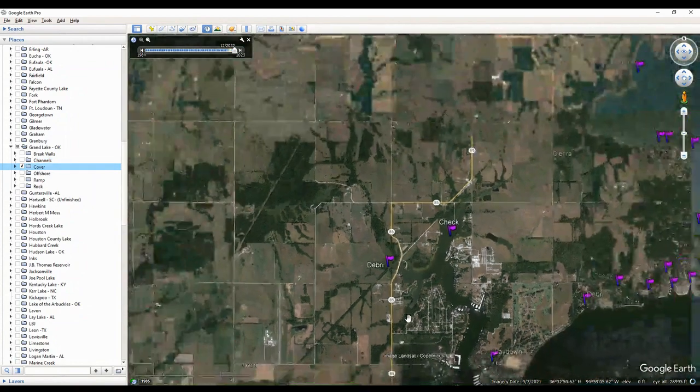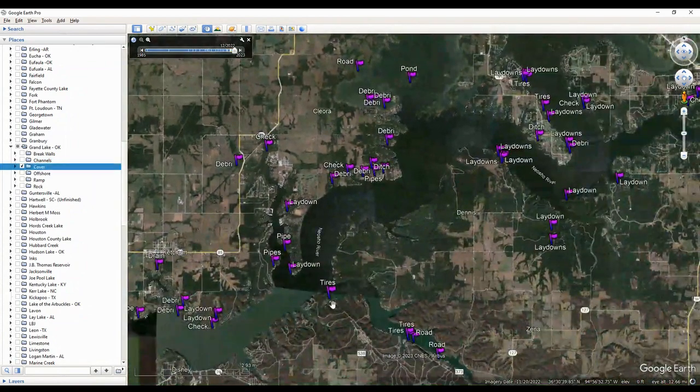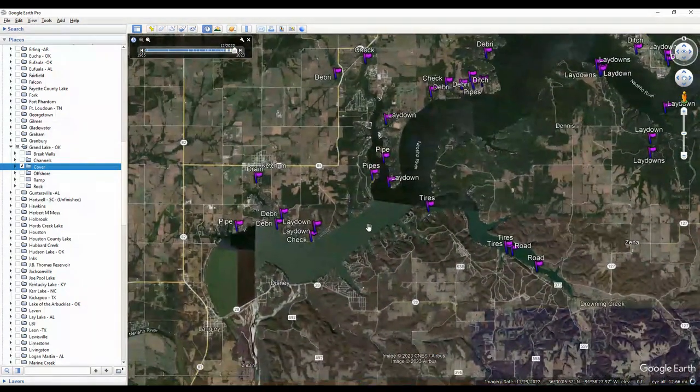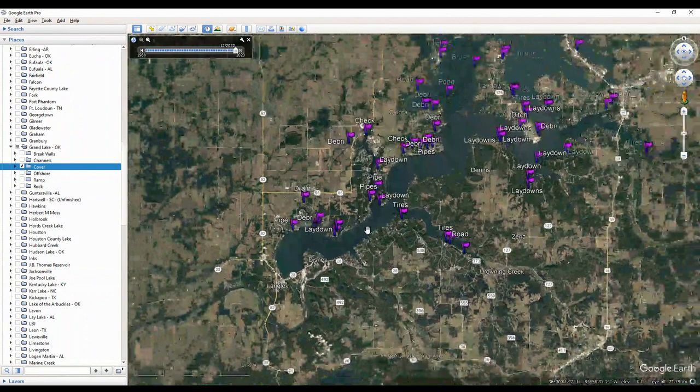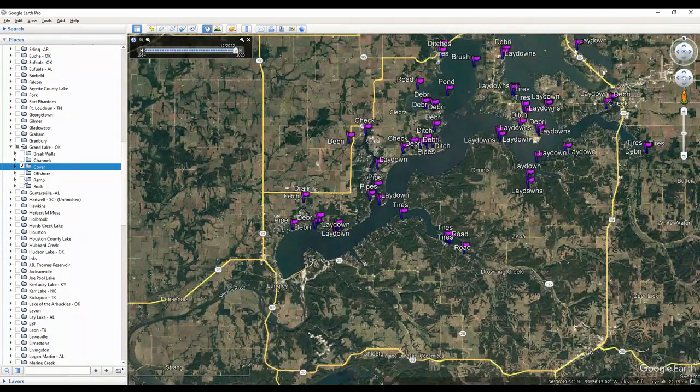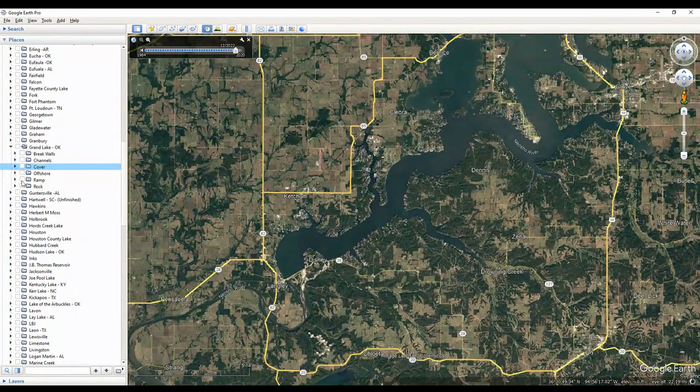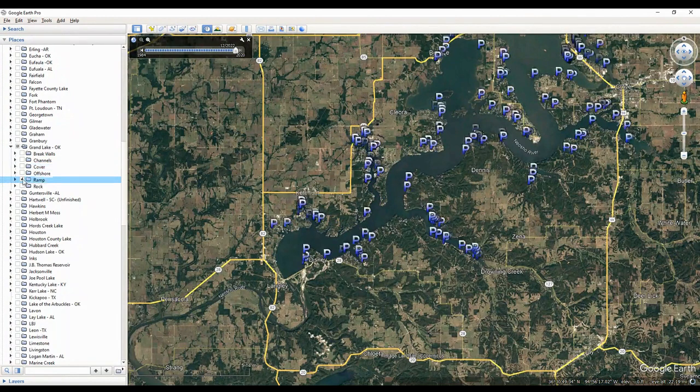Now we also have a ton of different cover. This can be debris, it can be stuff that I couldn't even identify that was out there, tires, road beds, pipes, just all kinds of different stuff, and we'll go through those as we go through the breakdown as well. And then I'm going to skip over the offshore stuff real quick,